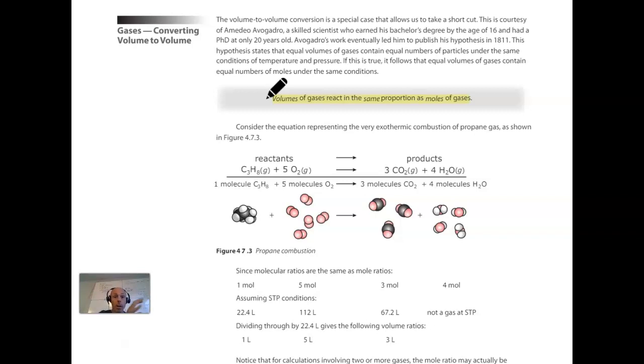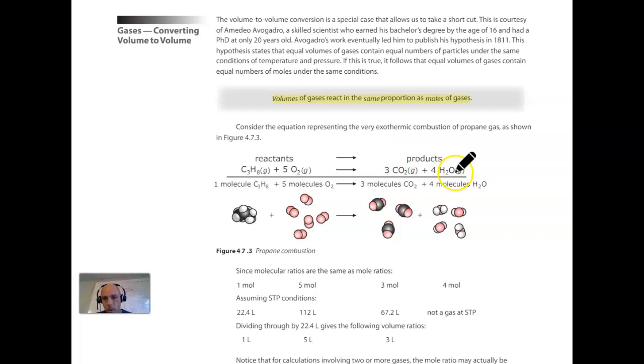The same number of moles of any two gases, as long as they're at the same temperature and pressure, and they don't even have to be at STP. Again, the volume of the same number of moles of any two gases at the same temperature and pressure will be the same. So if we look at this reaction where one propane molecule reacts with 5 oxygen molecules